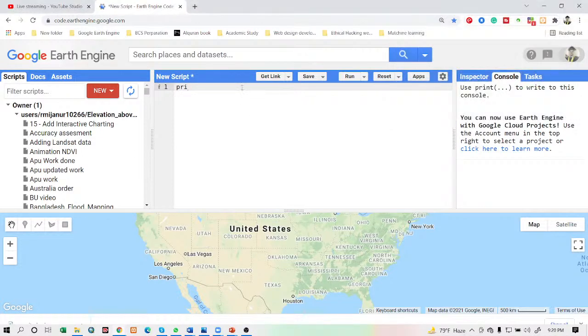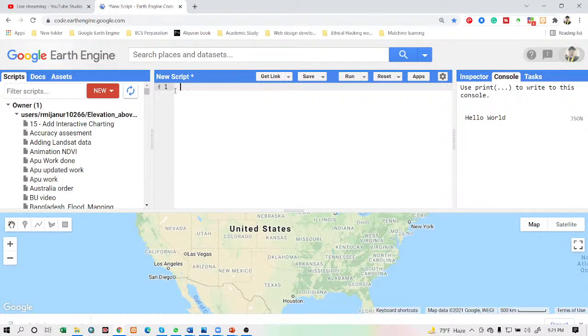I simply write this code, and when I click Run, I get this result. So this place is called the code editor panel, where you can write and edit your JavaScript code.